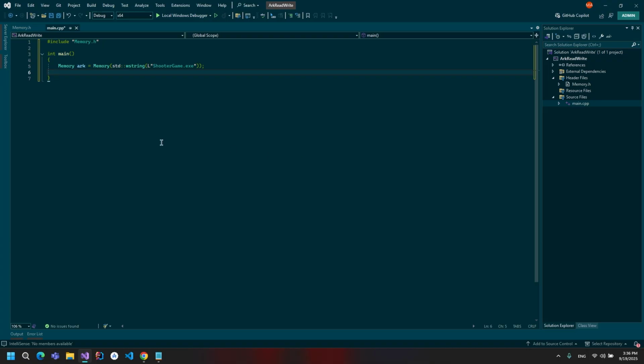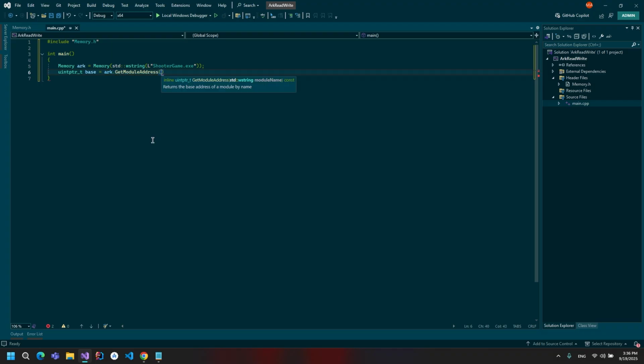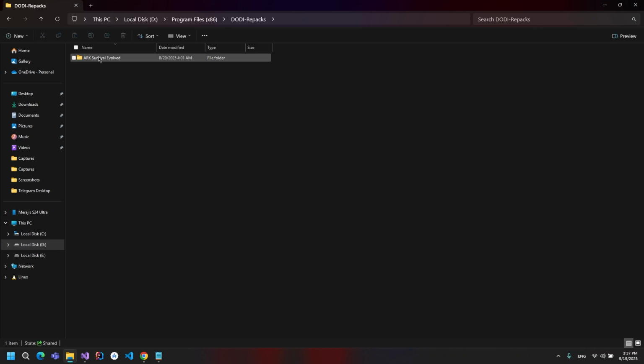Now we want the base. Unsigned int pointer of base equals what? Equals ark.get module address, and we're going to pass the same name. So basically here the module we want has the same name as the process, but this is not always the same, right? If you just come over here inside the package, let me show you something where there is the